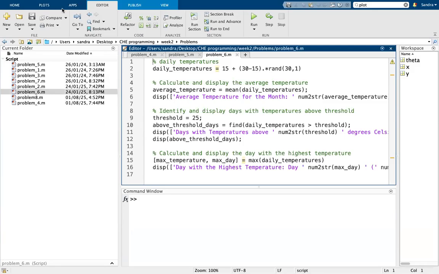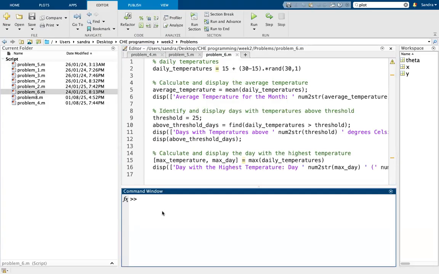So this is just a lengthy code, but the main idea is you need to understand how to use the MATLAB commands. Okay, so if you take help rand,